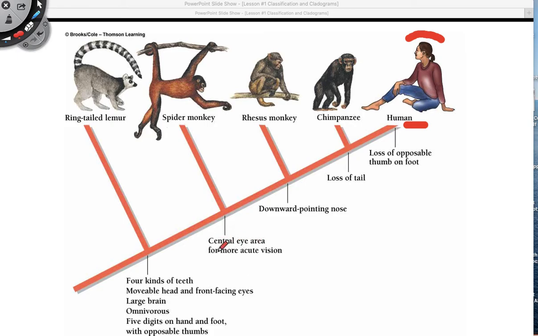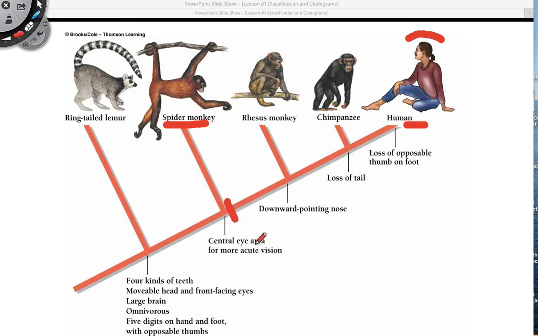We have a central eye area for more acute vision. We have a downward pointing nose. We lost our tail, and we have loss of opposable thumb on foot. All these are characteristics that we either have or have lost, and that pertains to us humans. But if you compare that to a spider monkey, for example,